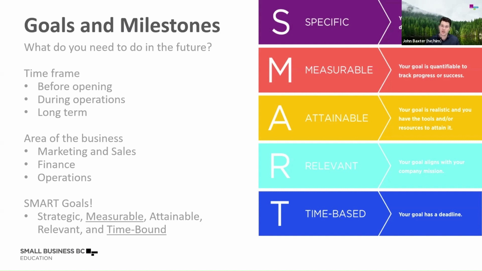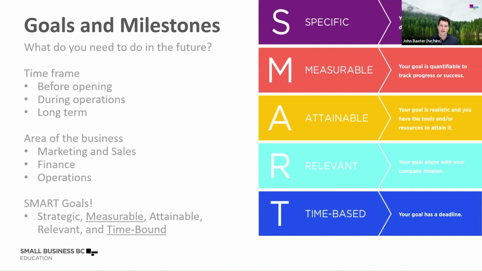Remember that there should be goals in every aspect of the business. So marketing and sales, operations, financial goals. We don't just want to see goals about how much you want to sell each year. That's still a totally useful goal, but it doesn't cover the whole breadth of the business. So there should be goals in each of those sections. And finally, if you see the picture on the right here,